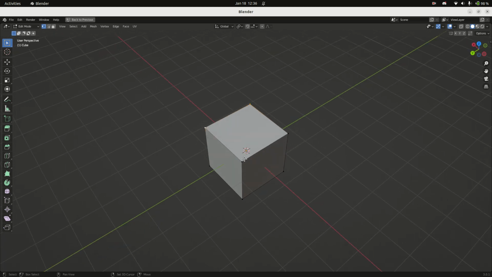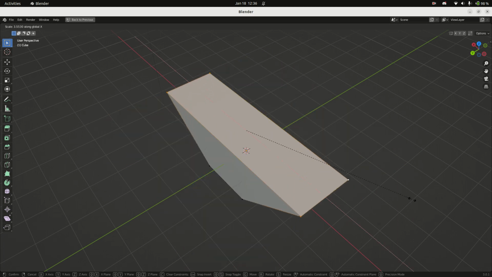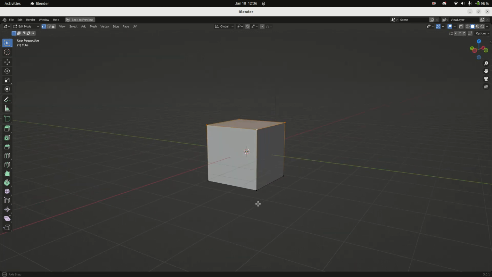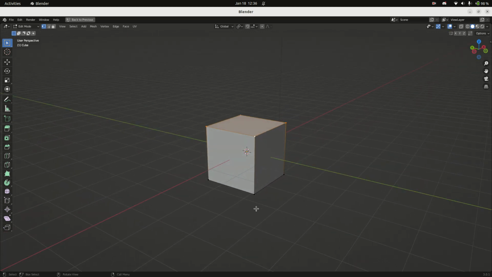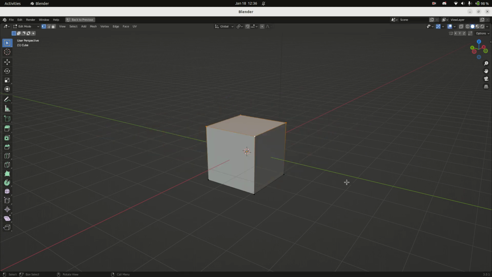But going back to what I was saying, scale S still applies. Lock to just the x-axis, lock to just the y-axis. So grab, rotate, scale. All still work. There's another one that is going to be useful. This only really works in certain contexts. In this case, in edit mode, the context is extrude,